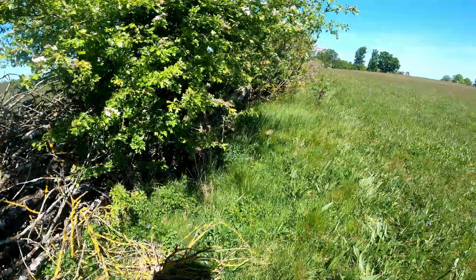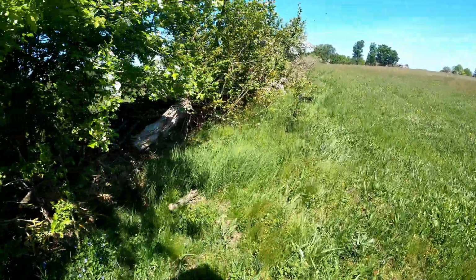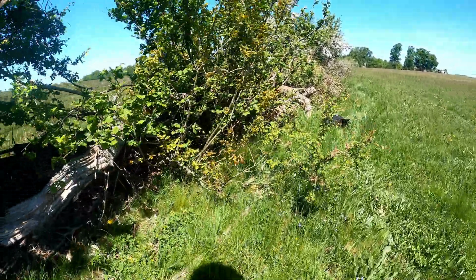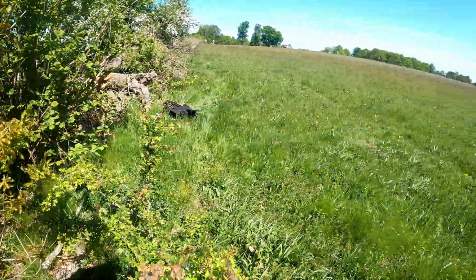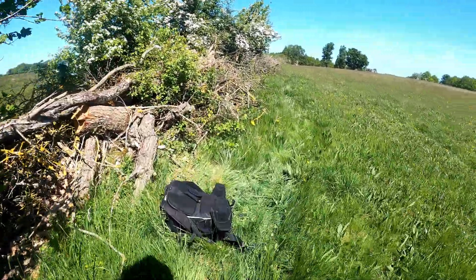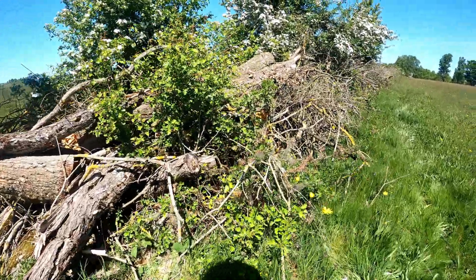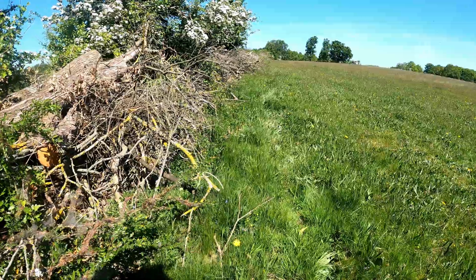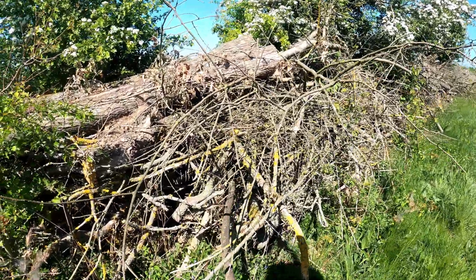It's another beautiful May day here in southern Sweden. It's like 21 degrees Celsius. I don't know what that's in Fahrenheit. Obviously, this is my bag. I sat here and had some coffee while pondering about what to record. So fortunately, there's not a lot of people here, so I can just leave my bag and not...